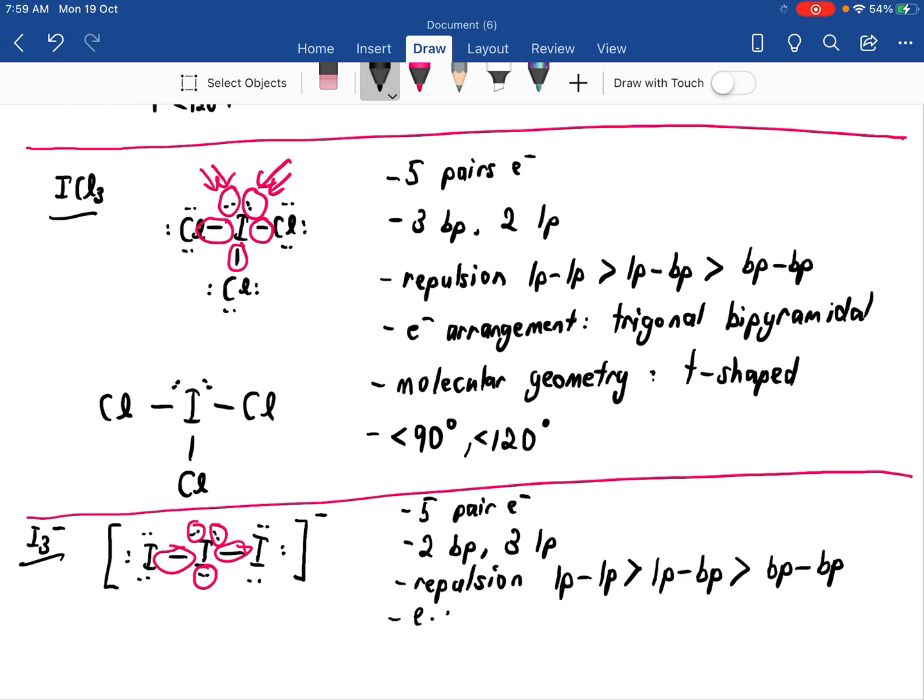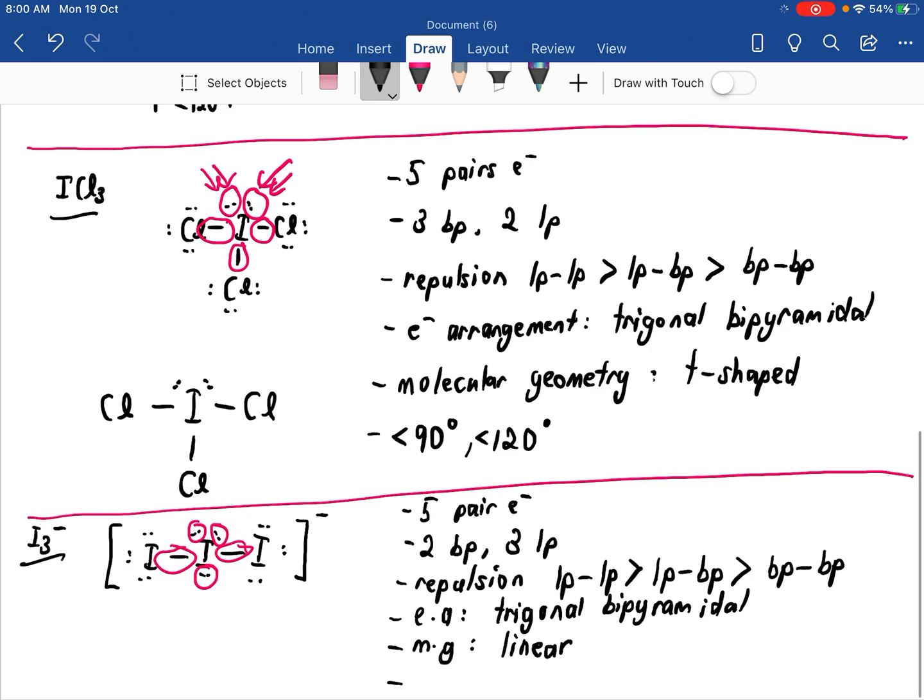So the electron arrangement, which I wrote as EA, is still trigonal bipyramidal because we have 5 pairs of electrons. But the molecular geometry, which I wrote as MG, becomes linear. And the angle is 180